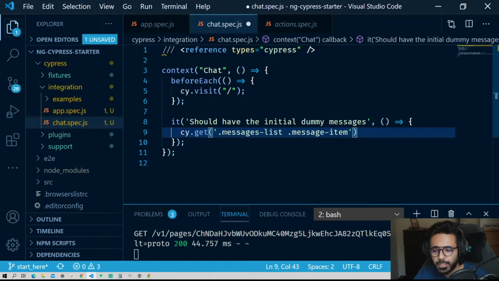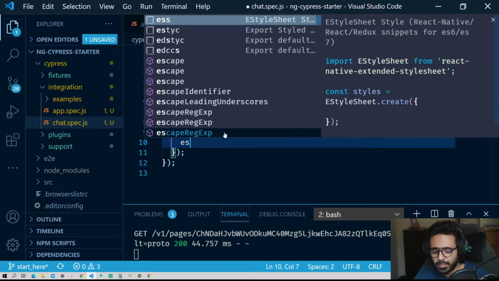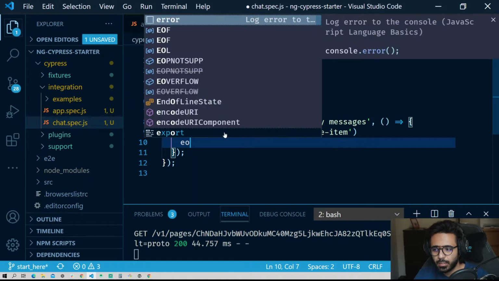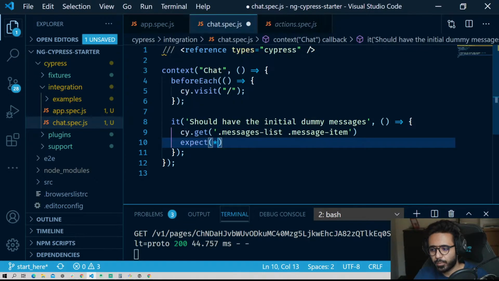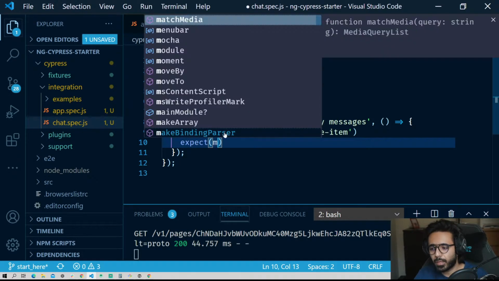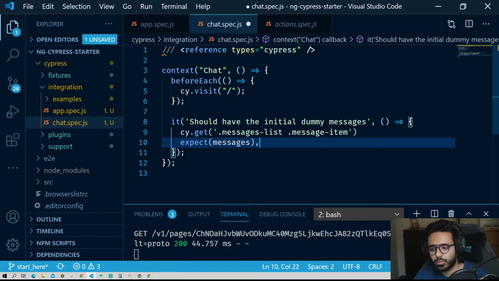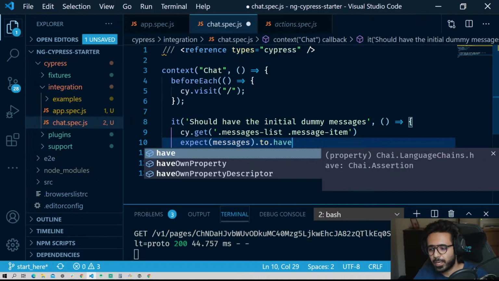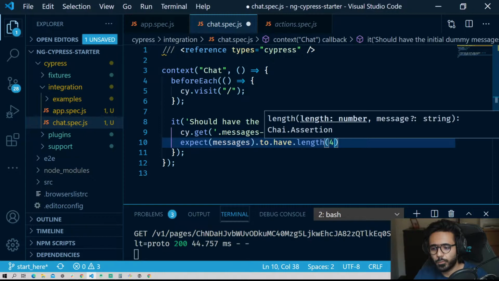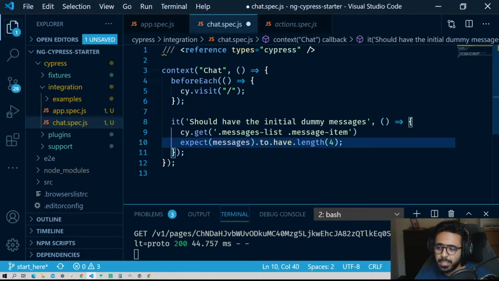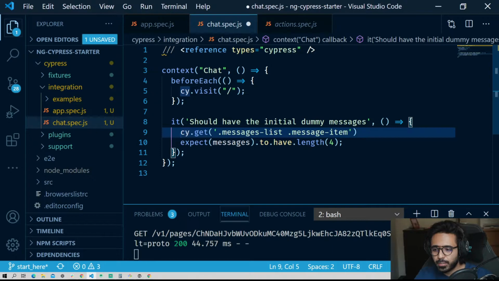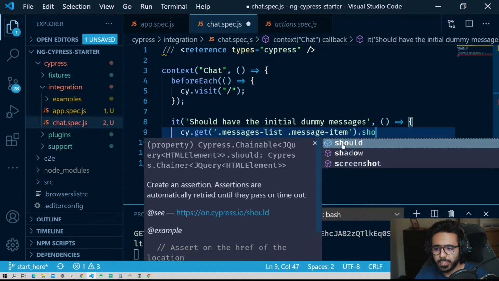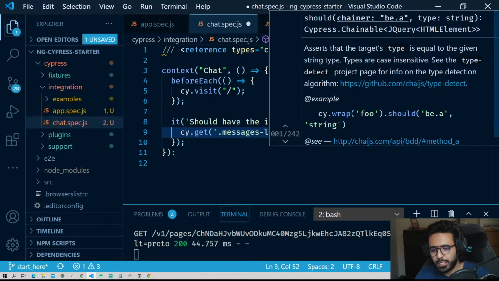Once we have this, we have to check the length of these values. Right now, I can say expect messages to have length 4, something like this. But the thing is that this doesn't return the list of items. What we can do instead is use a should method here, and inside we can provide a callback function